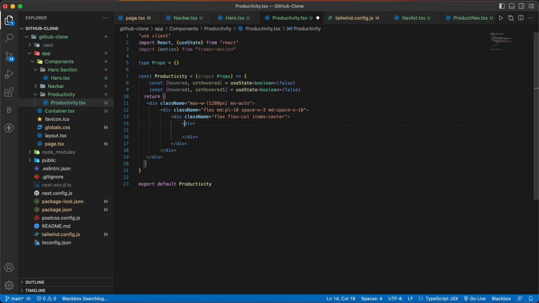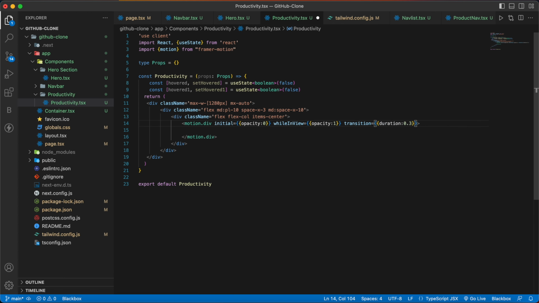And as we know that framer motion takes some values like initial, so the initial value will be opacity 0, and while in view we are going to make its opacity 1. Now for the transition we are going to give a duration of 0.3 seconds, and then viewport once will be false, and then we are going to give a class name. Inside that we are going to give relative,